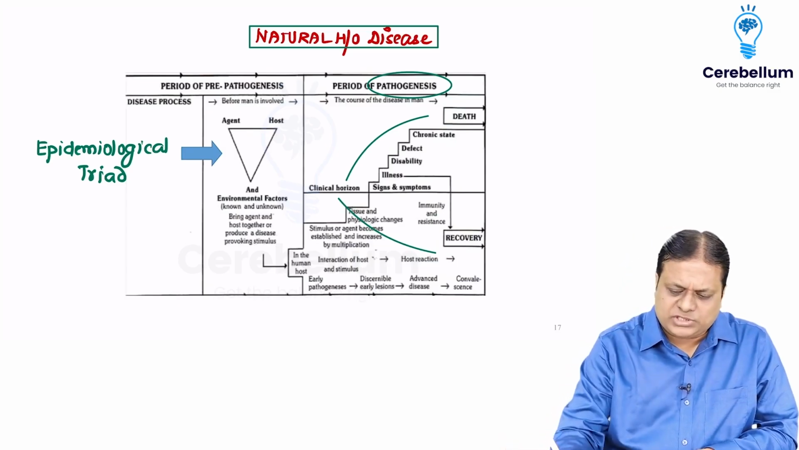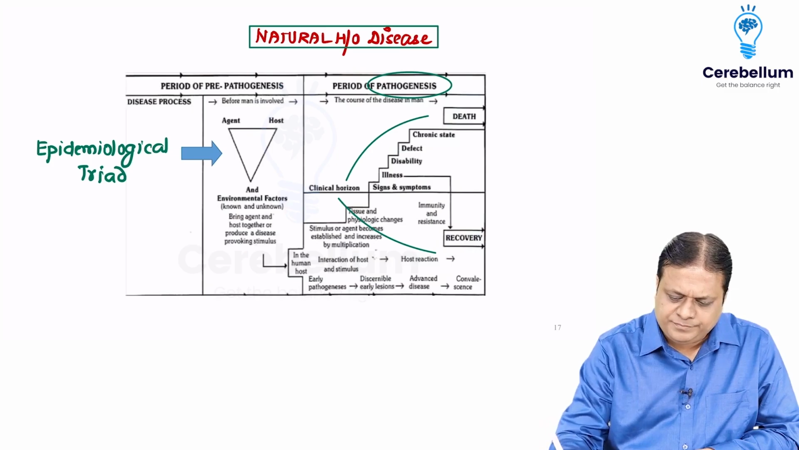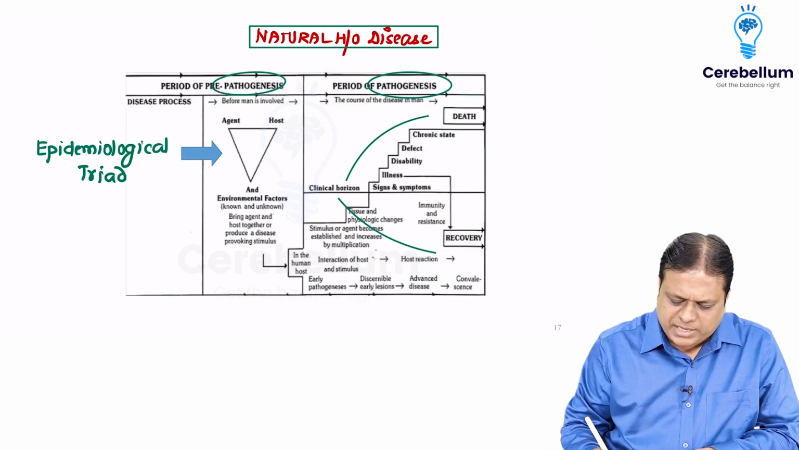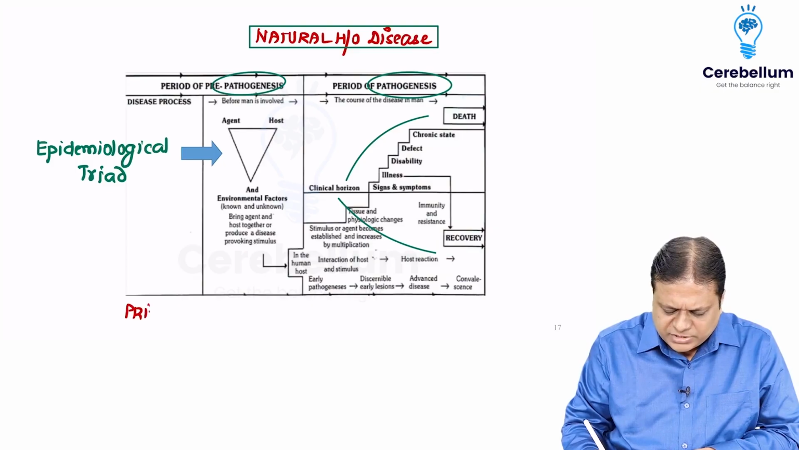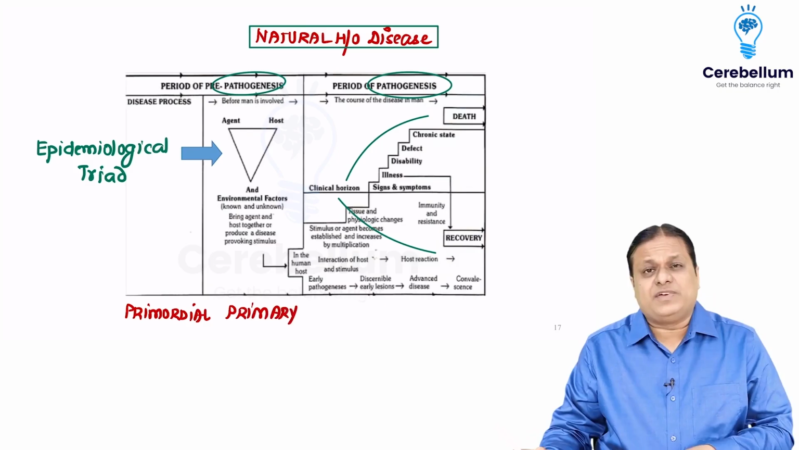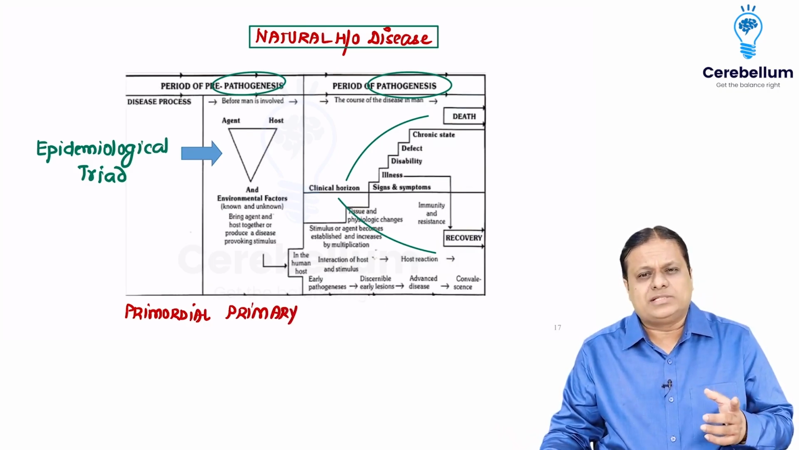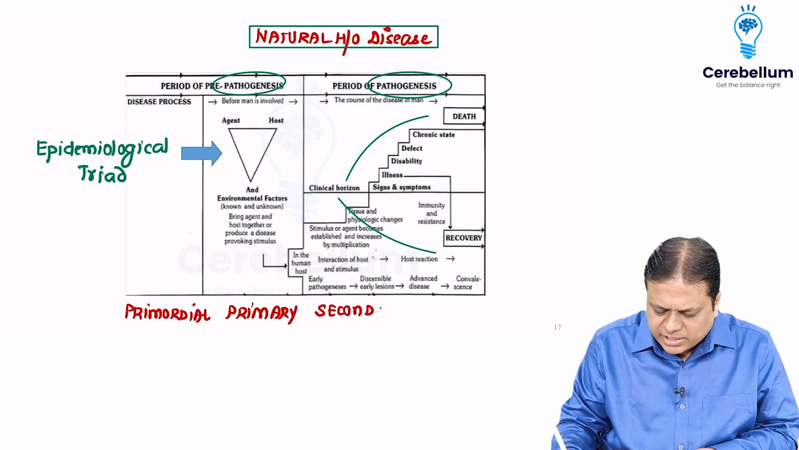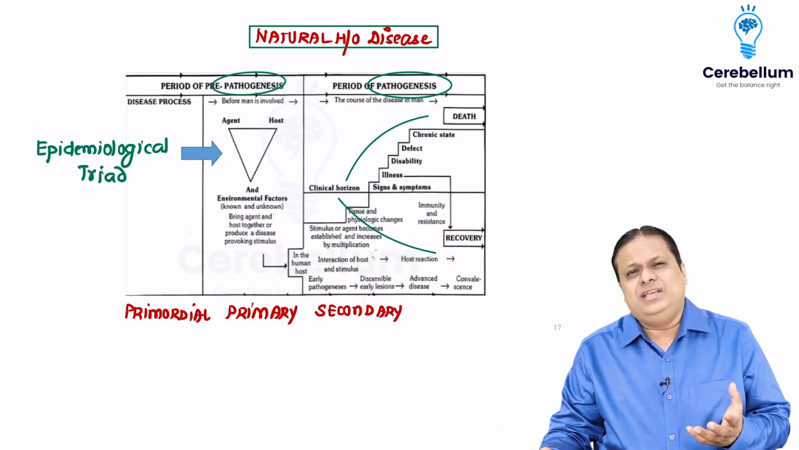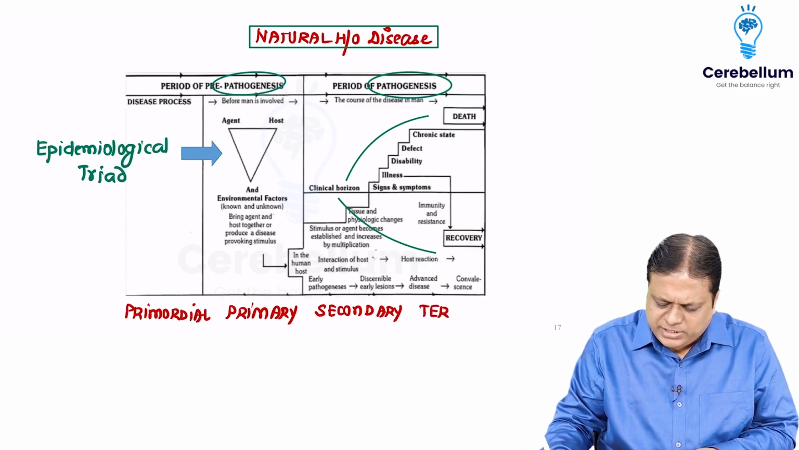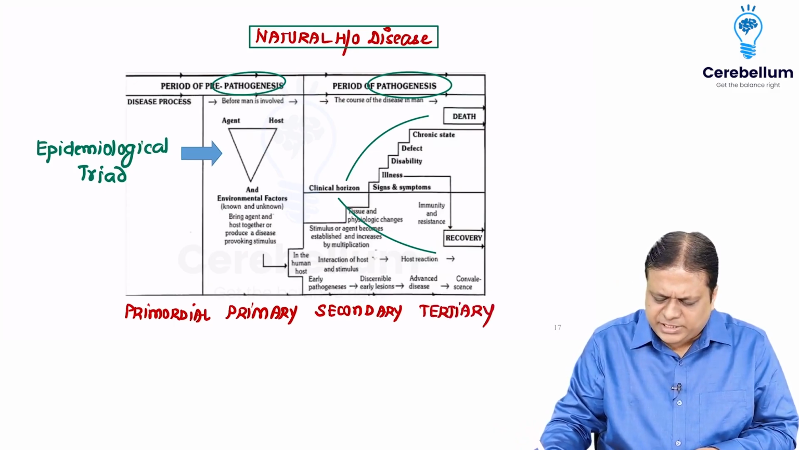So period of pre-pathogenesis, if you look carefully, this is the period where we can apply primordial level of prevention before emergence of risk factor, primary level of prevention when risk factors have emerged but disease has not yet taken place. But once the disease starts, we have to shift to diagnosis and treatment, secondary level of prevention. And finally, if the patient has disease in progression, we should attempt for disability limitation and rehabilitation through tertiary level